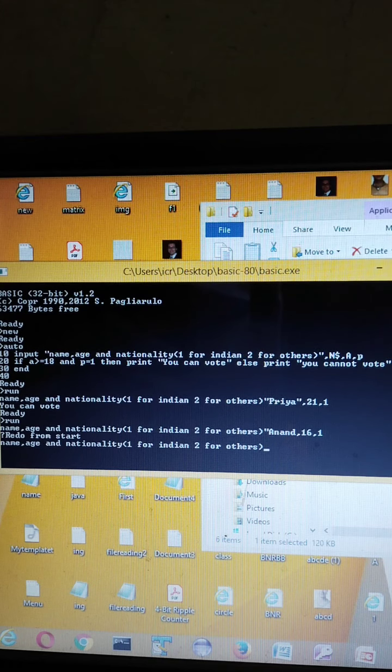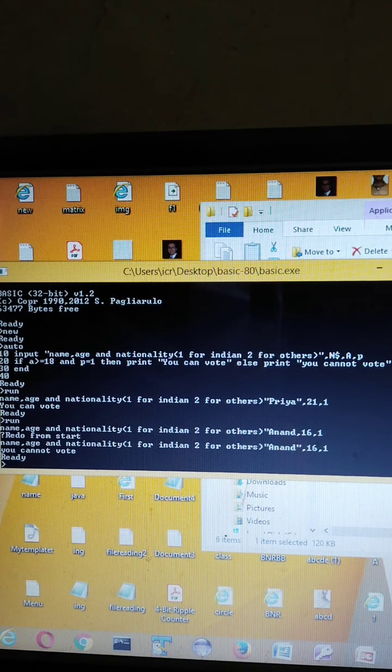In Anand I did not close the inverted commas, so it gave an error. It says you cannot vote because the age is less than 18. Though the nationality is 1, the age should be greater than or equal to 18 along with being an Indian. So this was the solution of the program.